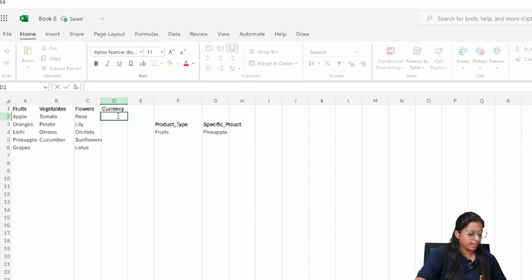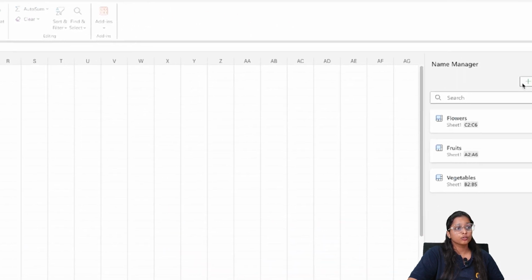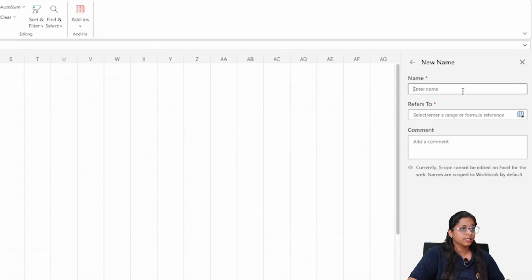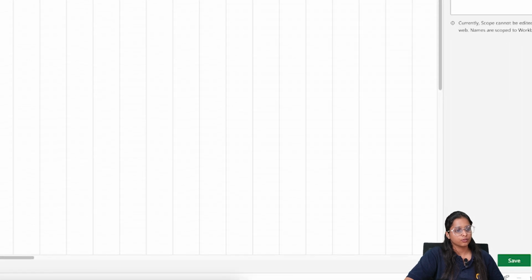In currency, I have added dollars, rupees, dirhams, etc. So, first I need to create one more named range, that is currency. In Refers to, I have to select the currency values.